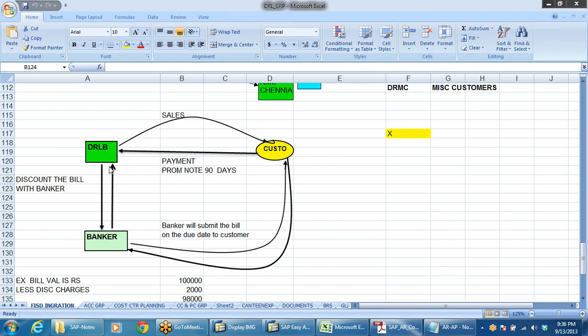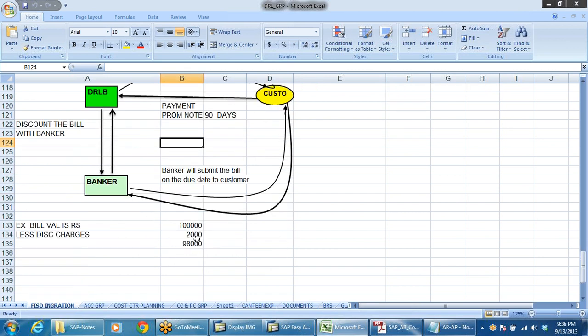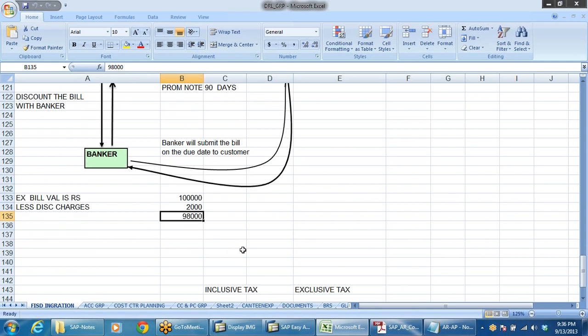Here the company's debtor will be the sale made to the customer, and when we make the sale, we'll be receiving the payment as a promissory note, say 90 days or 30 days, whatever it may be. As soon as we receive it, we discount the bill of exchange with the banker, and the banker gives me, out of 1 lakh, 2,000 he will keep, and 98,000 is given to me. At the time my accounting entry is going to be